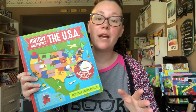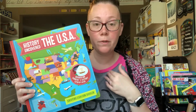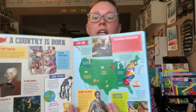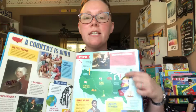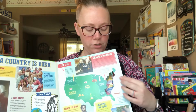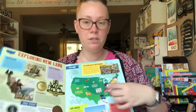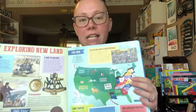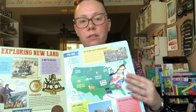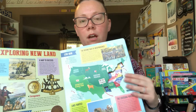And I think it's fabulous because I am a visual person. I just do well when I can visualize something. And this book is so neat because it's a cutaway book. So as you turn the page, you will see different images. And what makes it so neat is it's doing this in the timeline of how the different states were purchased